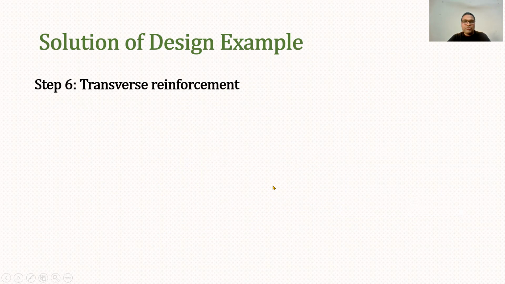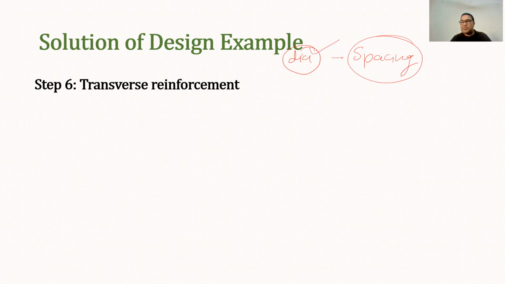Now, our next step is to find out the transverse reinforcement. Now, transverse reinforcement, to be specific, the stirrups. We now have to provide the stirrups. And generally in the stirrups, we are required to find out two things that we show in the drawing. One is the dia of stirrup, what should be the dia of stirrup, and the second one is the spacing. So we are required to find out these two things.